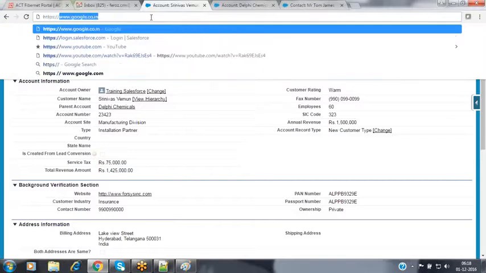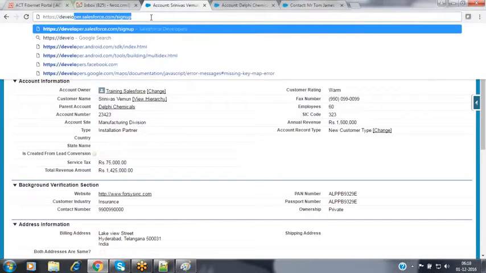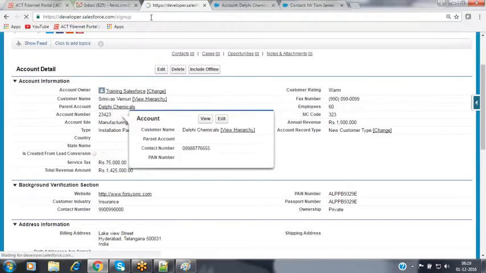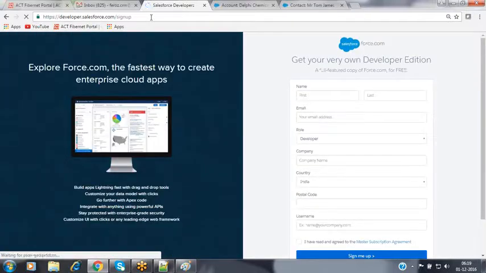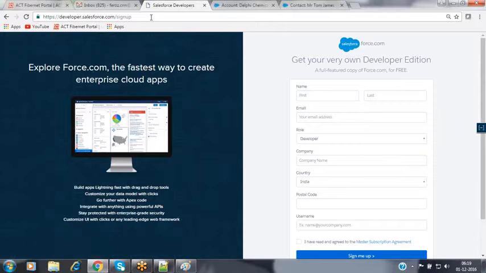In order to create the Salesforce account, we are going to be using a website called developer.salesforce.com/signup. So now this is the URL that we are using in order to create a new free Salesforce account. This is a lifetime edition, nothing but this edition will not expire. Even though it is a free developer edition available in Salesforce, this will not expire after 45 days or after 90 days. This is a lifelong version. It's a permanent version for you, so that we can access this application lifelong, till whatever time that you want.